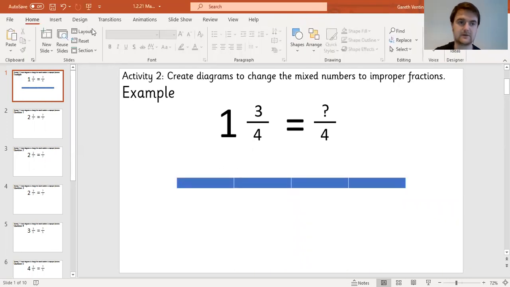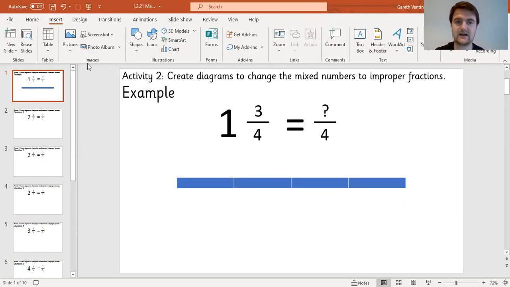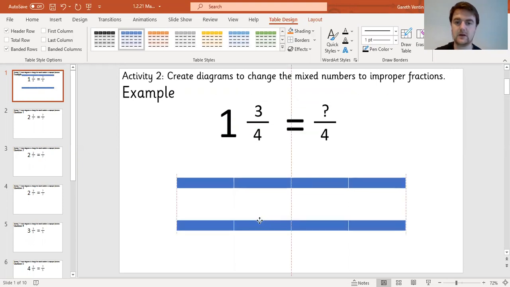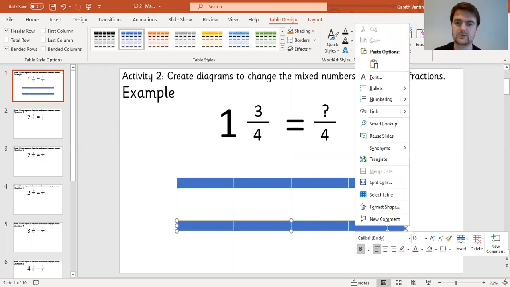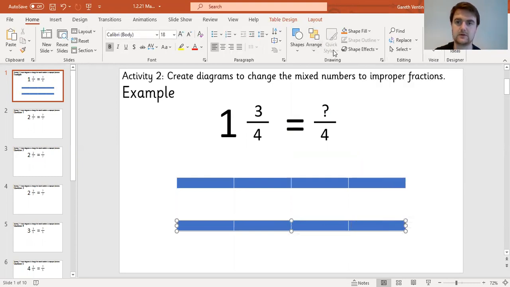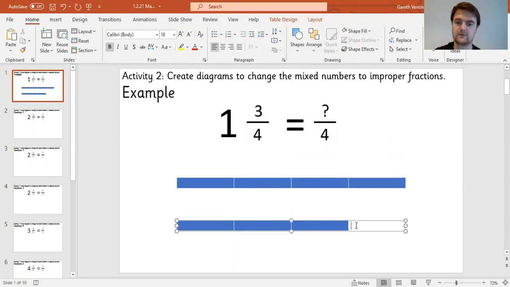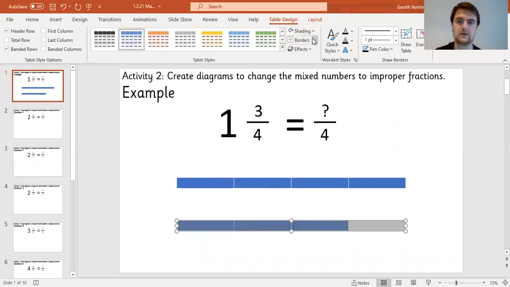Now I can see that I've got 1 whole, so I can have that all shaded in straight away. And now I'm going to add in a second table because I still have 3/4 to add. Again, it's split into 4 equal parts. However, this time I only need to shade in 3 of them. So if I try and make this one a different shade, now sometimes it will mean that it disappears. If that happens, then you have to add a border to it so that you can see them. So now I've got 1 whole